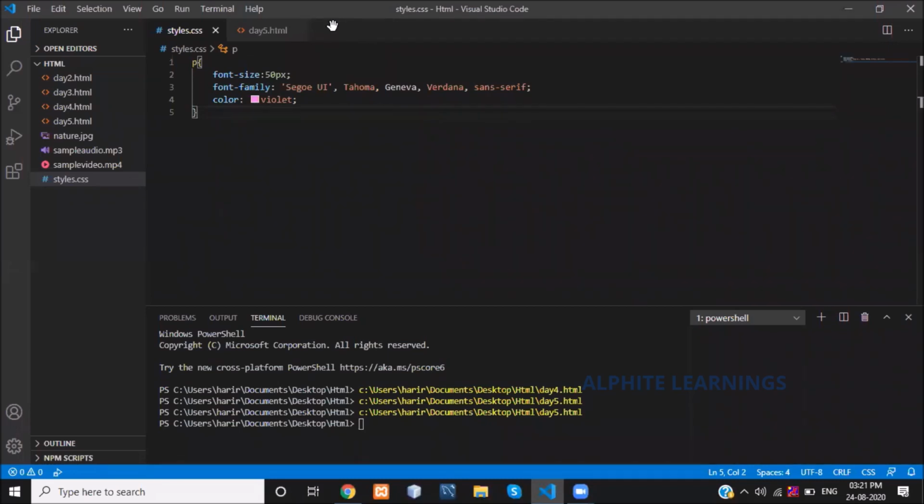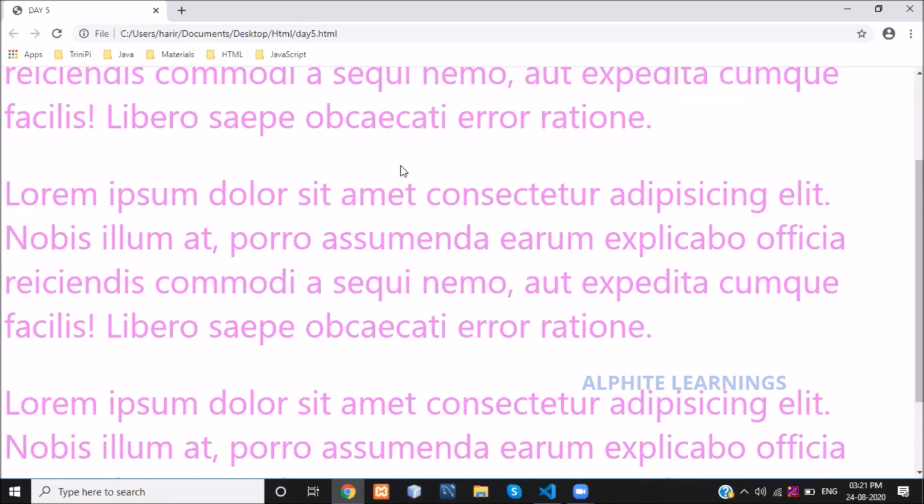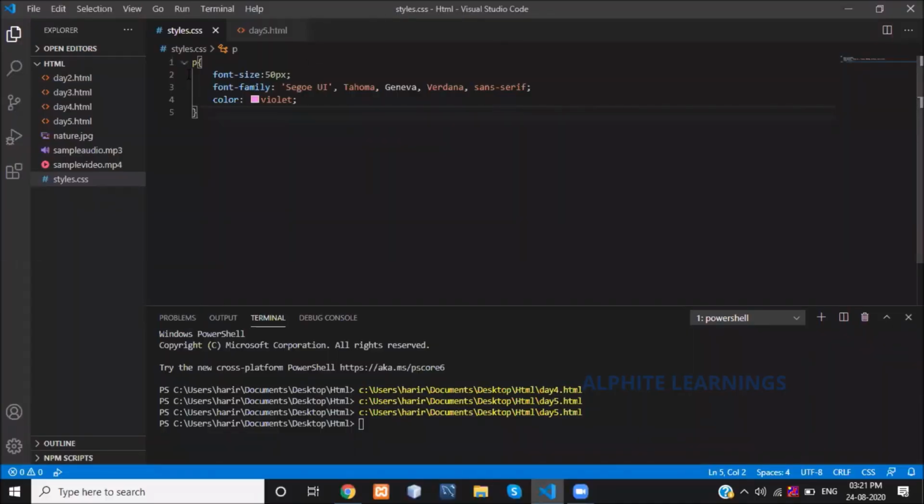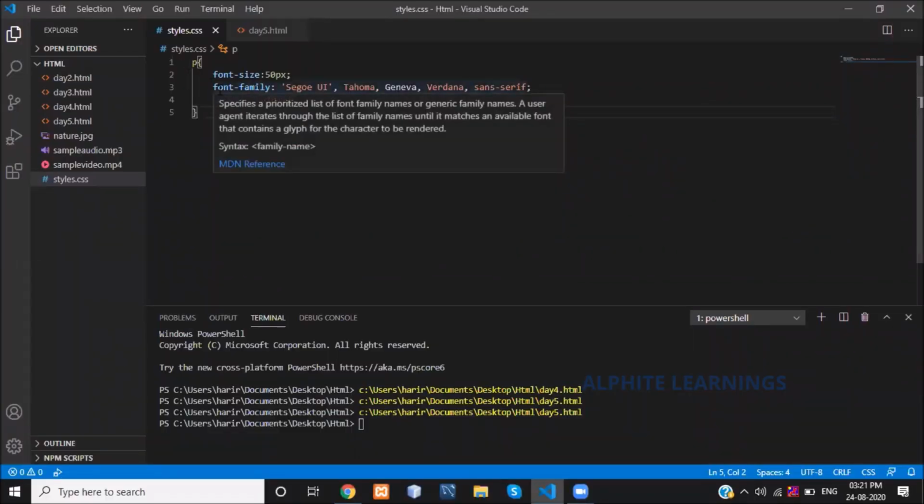So how to do this? Your query is, sir, I am having 3 different paragraphs here. I need 3 different paragraphs with 3 different stylings. What to do, sir? Okay, I will explain. You are having 3 different paragraphs. Each paragraph will be represented with a different style. What to do with that?